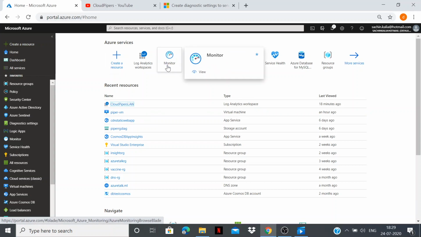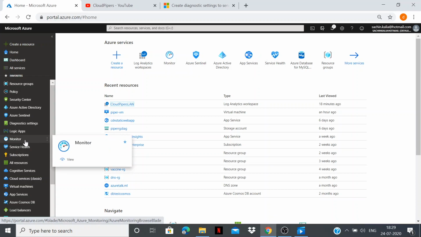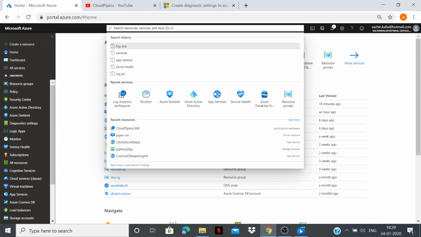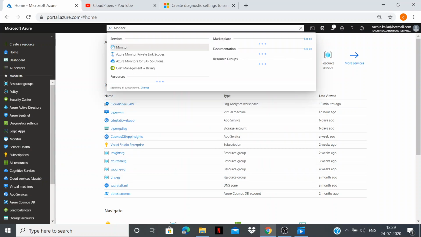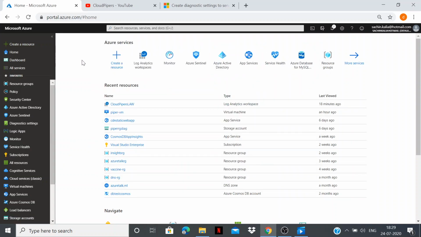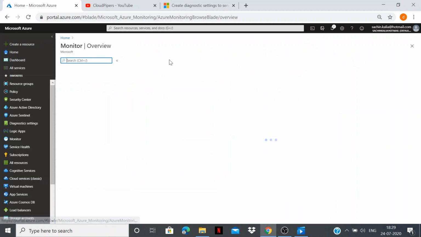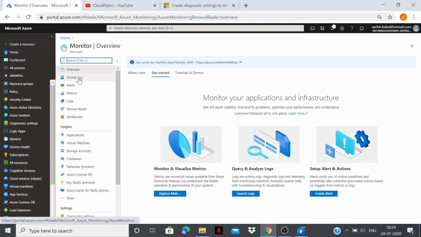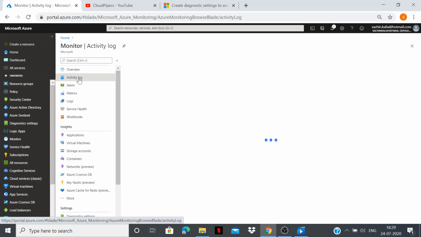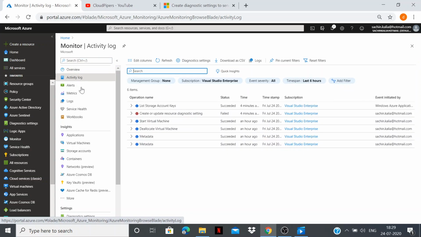Here we can see that we do have Azure Monitor. In the left pane you can see Azure Monitor, and you can also look for this option in the global search. Once I open Azure Monitor, I have the activity log. The activity log generally keeps all the information related to administrative actions happening within the Azure subscription.